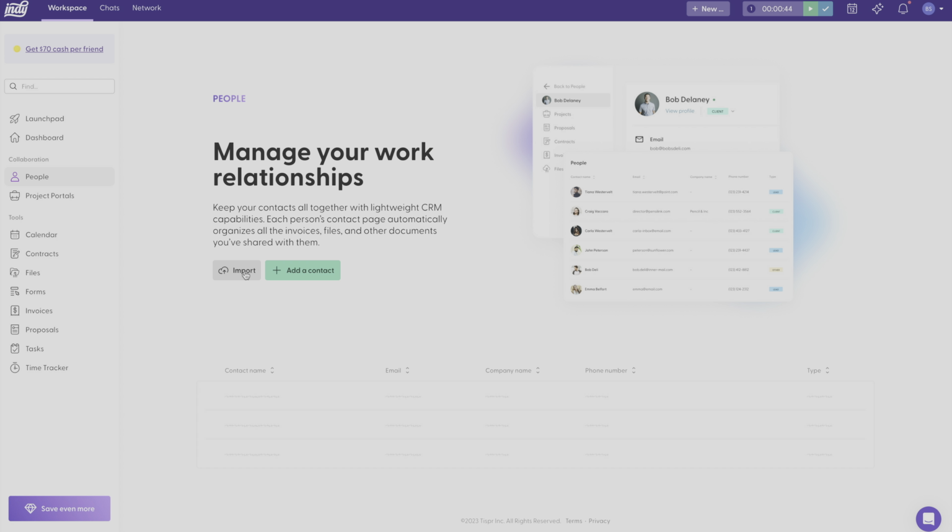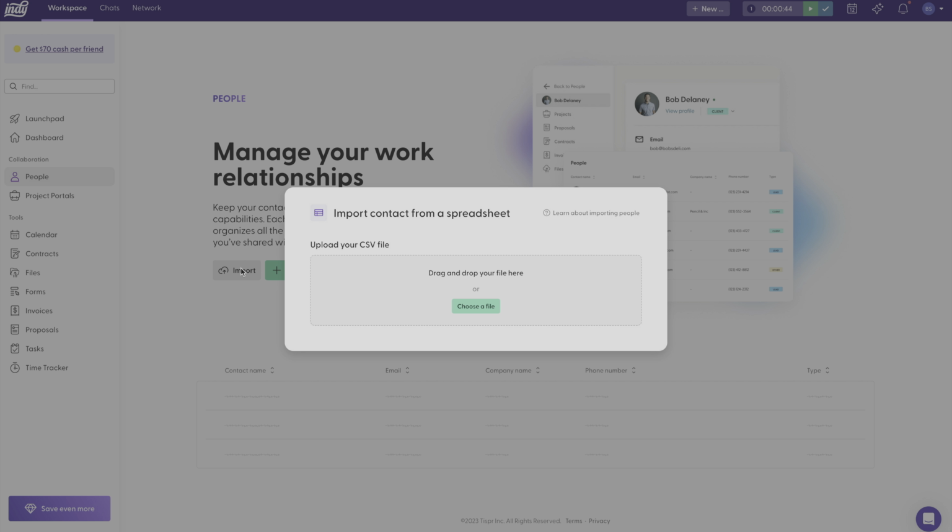So to get started, just click Import, and here's where you can upload a CSV file from any software that you're using. So if you have a list of contacts that are being stored on Google or Apple or Outlook or Windows Mail or any other software, you can just export your contacts list as a CSV file, and then